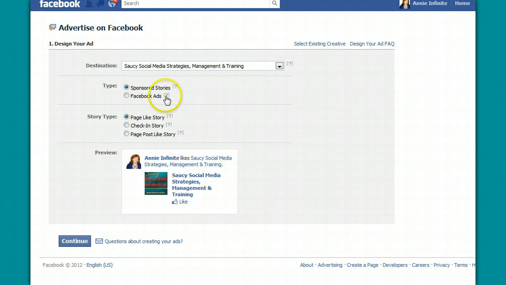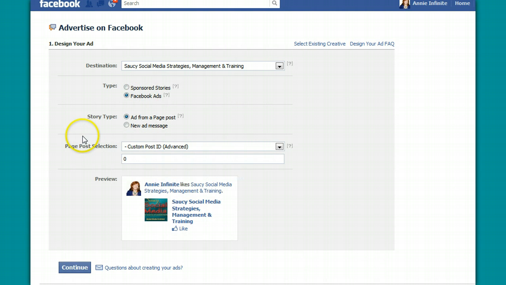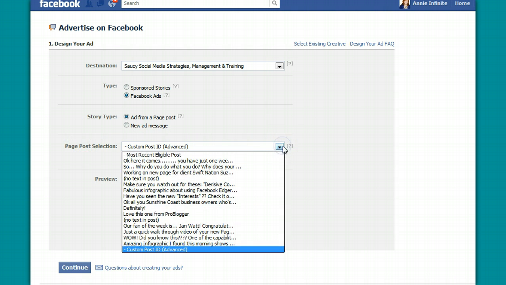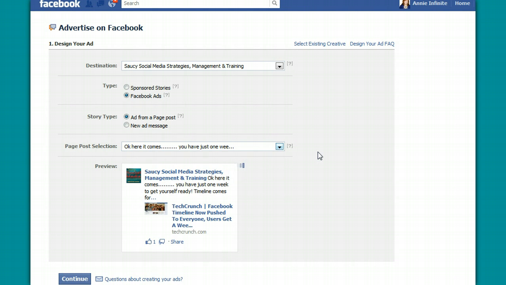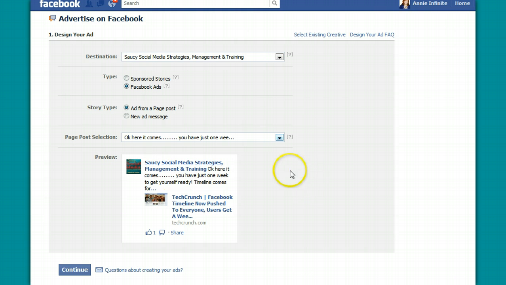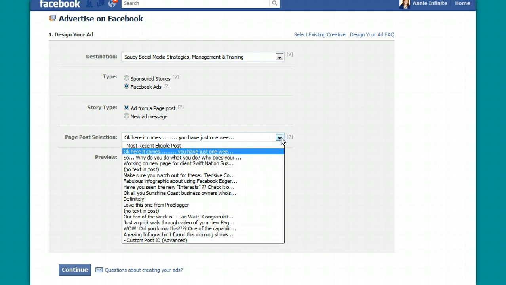Now, if you want to, you can actually design the whole thing from scratch by clicking Facebook ads, and then something completely different. You can still use a custom post ID. We could use this one here, which is probably not the best one because it goes to an external source. I would probably prefer to use one where I